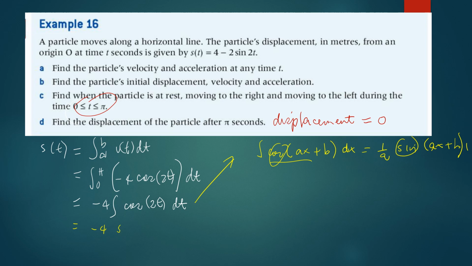sine 2t times 1 over a, which is 1 half. And then we evaluate this from 0 to pi. Let's simplify. We have negative 2 sine 2t. Then we evaluate this from 0 to pi. So let's try to find f of pi. So negative 2 sine 2 times pi,